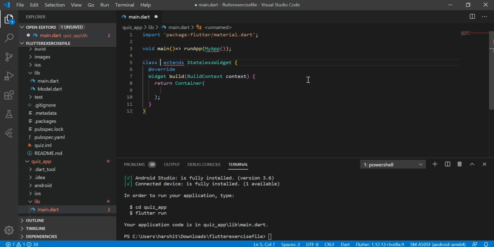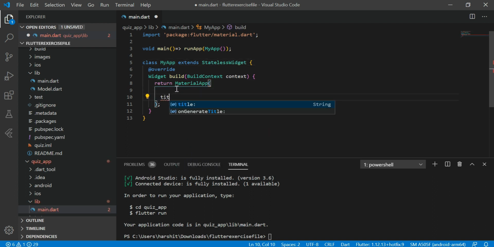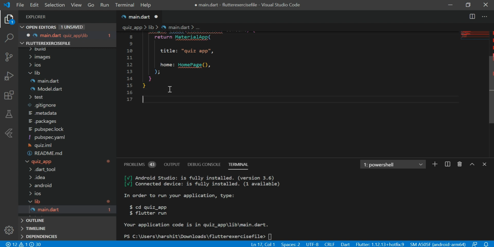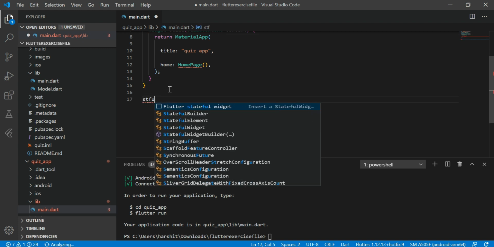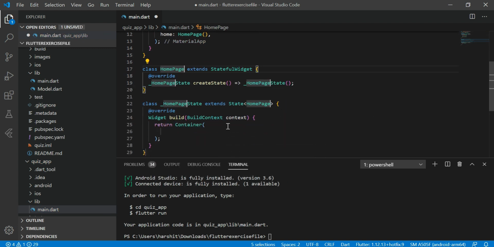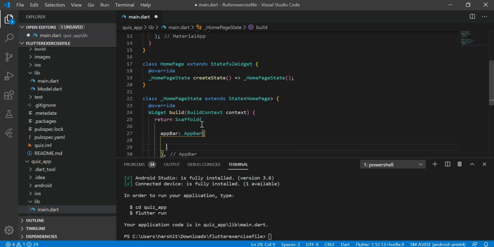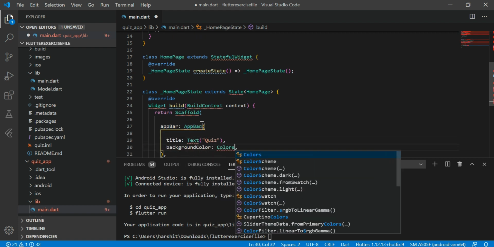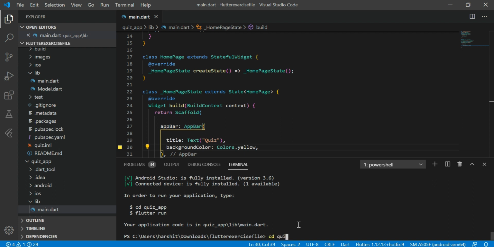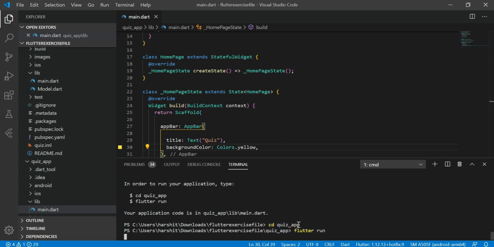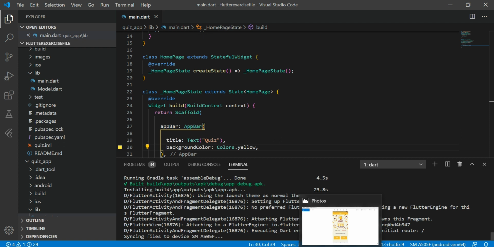Now here I'm adding a void main in our app. Now in home I'm going to call our homepage class. Now let's create our homepage class. Stfull. In VS Code there is a short notation of stfull and stless: stfull for stateful widget and stless for stateless widget. As you can see, when I tap on stfull, the boilerplate code of stateful widget will appear. It saves a lot of time. Now let's run our app.